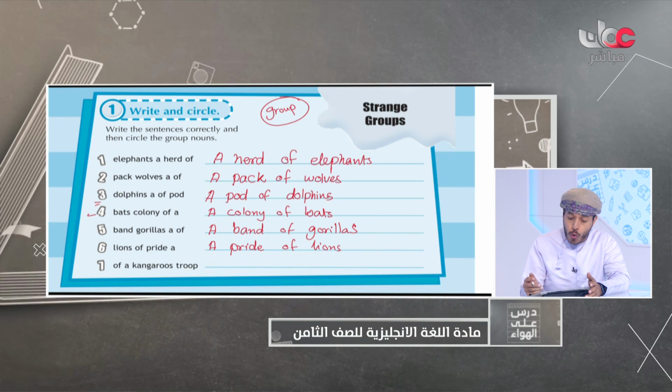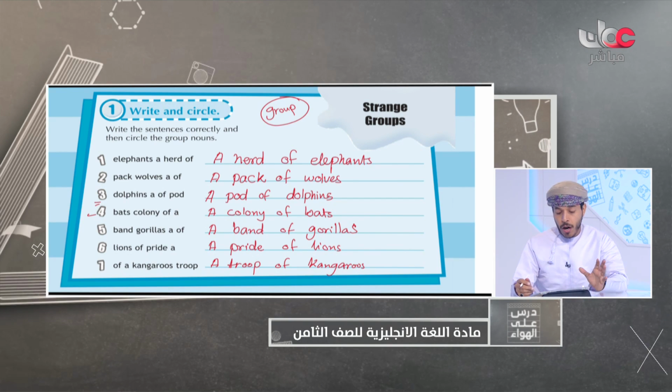And because they are groups, all these animals are put in plural with S. We add S to them. And for the last one, kangaroos. So the group noun is a troop. A troop of kangaroos. Okay, so here are different